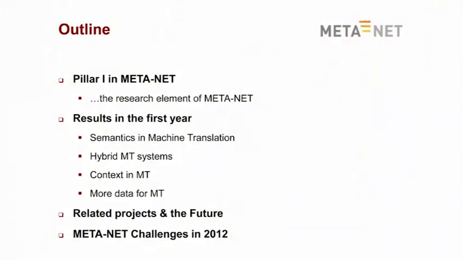But also, you will see there are many links to the other projects that have either been mentioned by Josef or just in the previous talk. So I will show 4 areas in which the MetaNet project is working, or its research part, and then I will also talk about some links to the other projects and some of the future that we have planned within our project. So first area in which research is going on is adding semantics to machine translation.